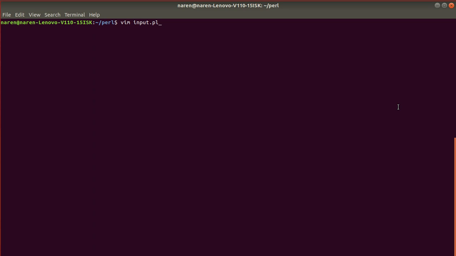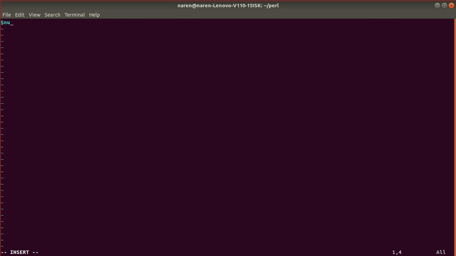So let me open this file, vim input.pl. So I have opened it. We need to set it to insert mode, so we need to press i. I have already told you, I think you are already aware of this. I am using the Linux operating system, and here I am using the Vim text editor. So let me write the program. What we are going to discuss here is some details of the variables in the Perl programming language.